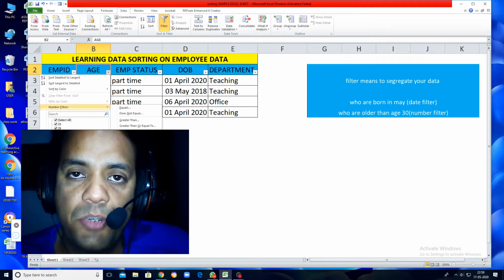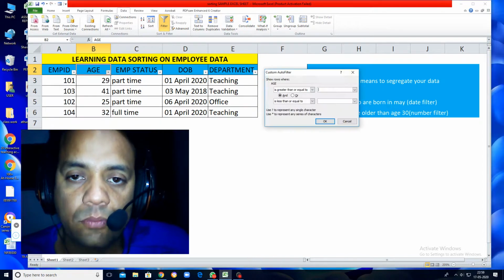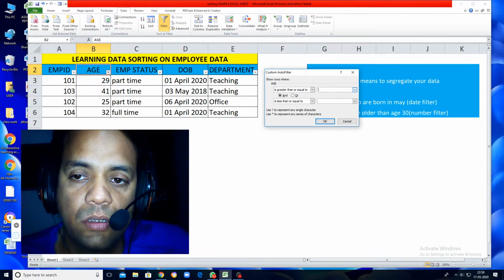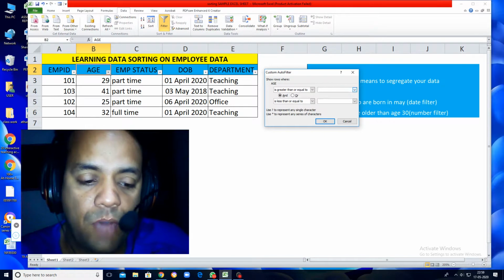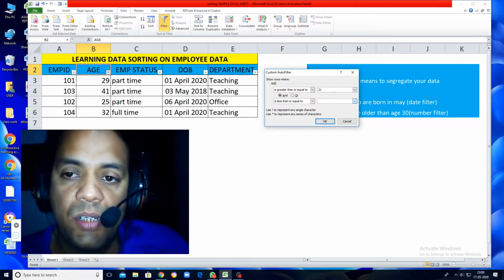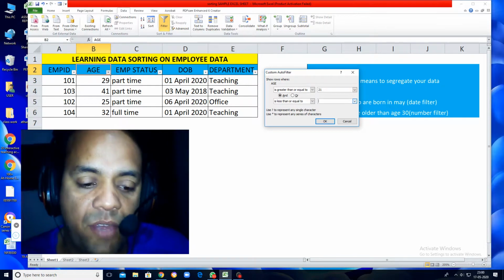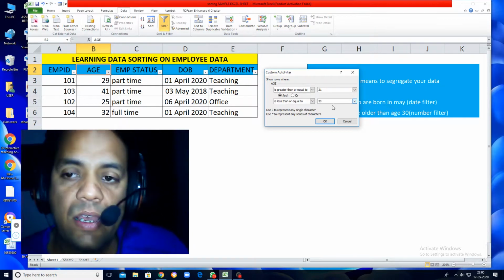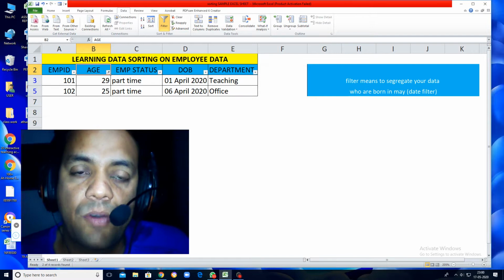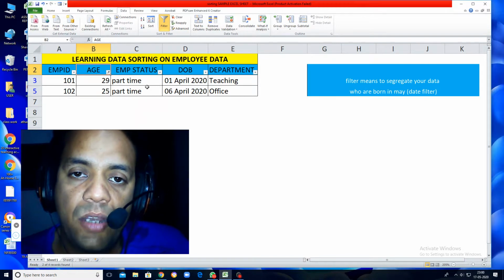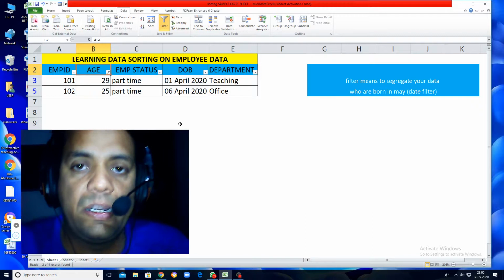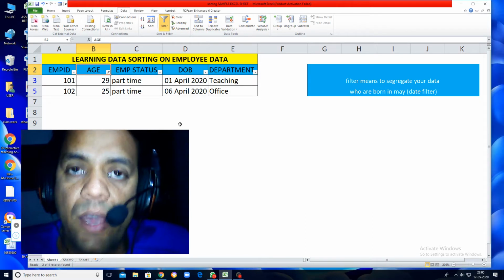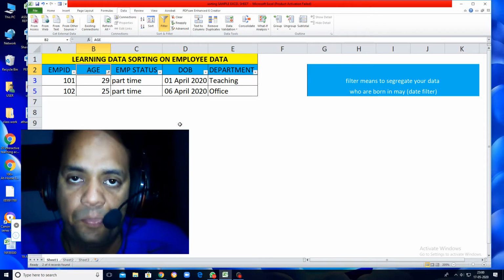All these options you can try one by one. Between is greater than; the minimum value I need to specify is 21 and my maximum value is 30, and I click OK. So I have these two records which are lying between 21 and 30 age. Okay, so I think filters are clear.